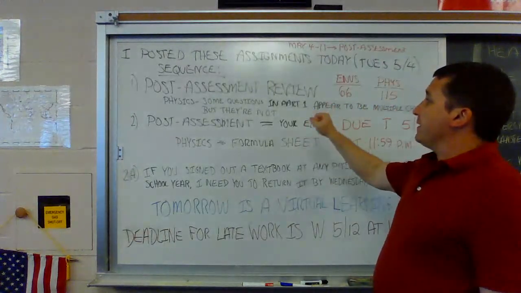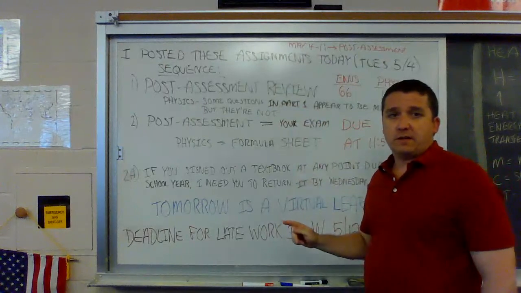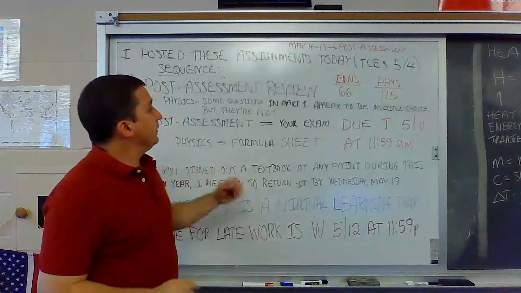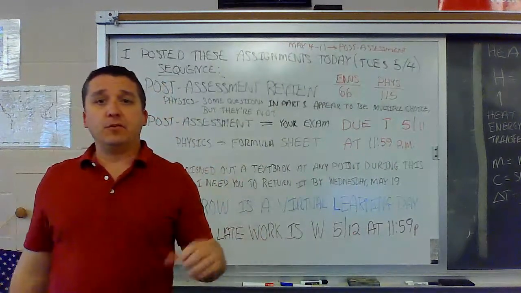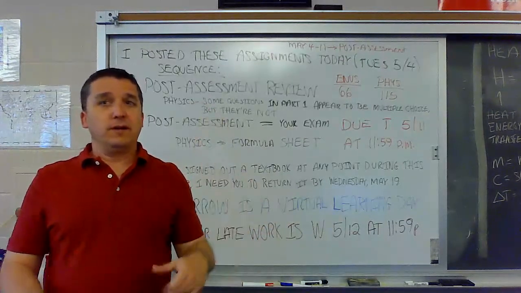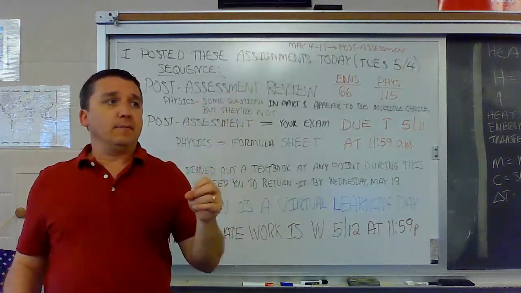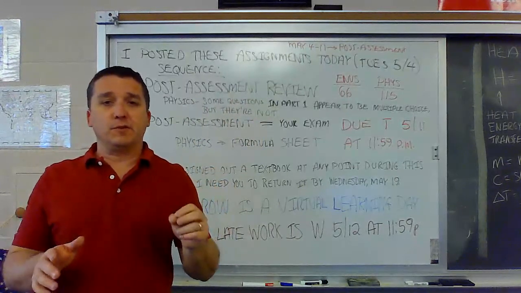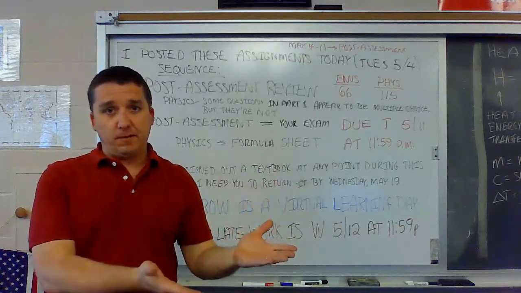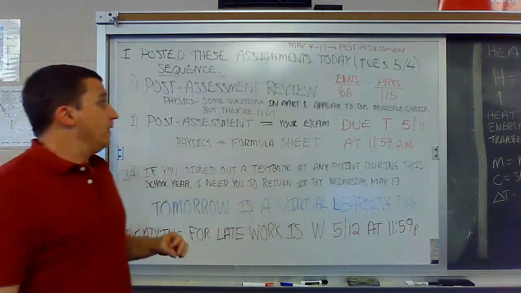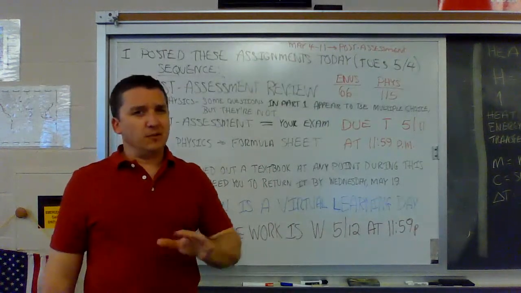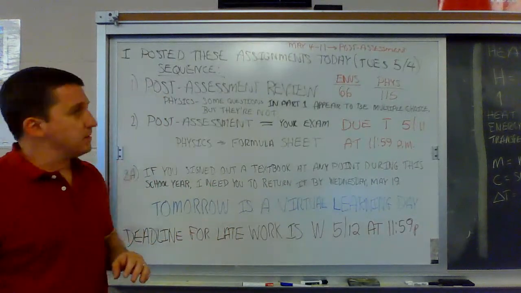Now, for physics, I want you to note that some of the questions look as if they are, in fact, multiple choice questions, but they're not, okay? They're like a two or three part question. So like, number 2, you might see A and B there. It's not a 50-50 multiple choice question. It might be one of those where you answer part A and then answer part B. So please be aware of that as you're working through the post-assessment review. And again, that's for physics, and I don't think there's anything like that on the environmental science post-assessment review.